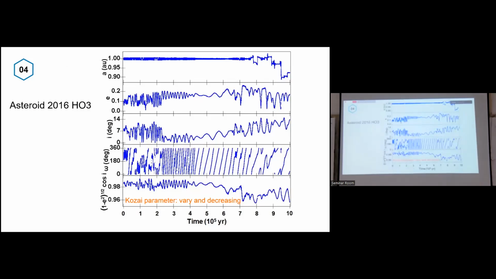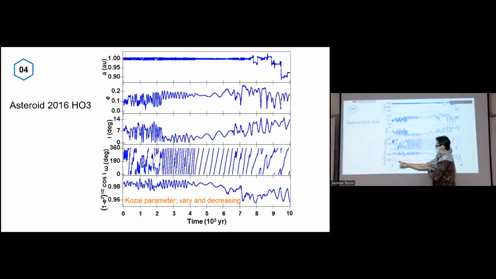the same object, but we want to know the quasi parameter, whether it's locked in a resonance or not. So we can see here the value of the parameter varies over 1,000,000 years.